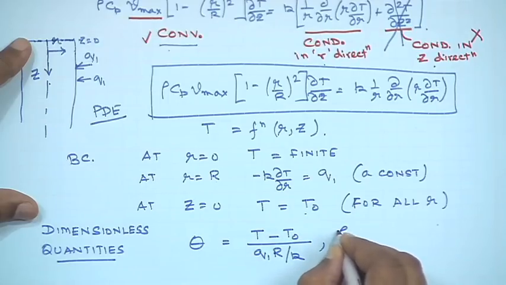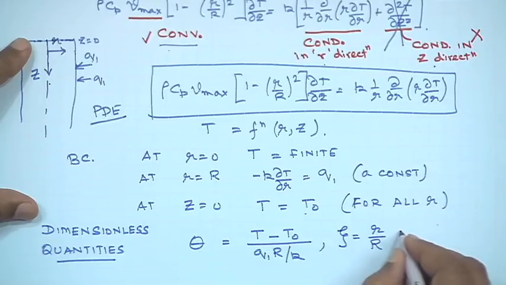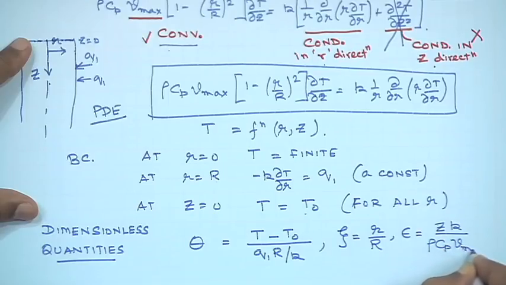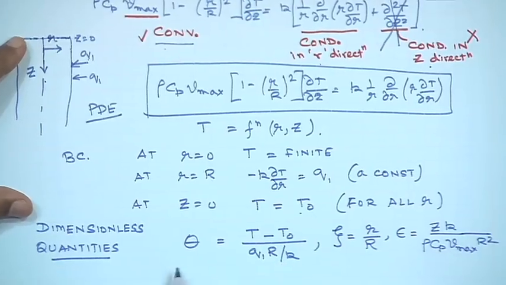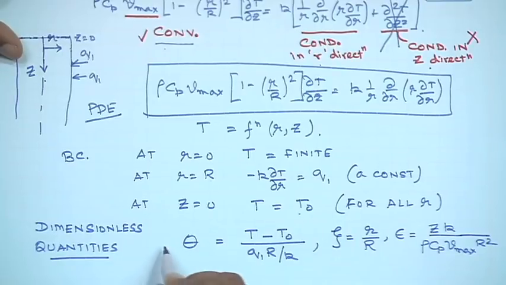A dimensionless radial location is defined as zeta equals r by R. So, it varies between 0 to 1, and a value of epsilon, which is the dimensionless axial location, denoted by z K by rho Cp V max times R square. So, these are the dimensionless terms which have been introduced,